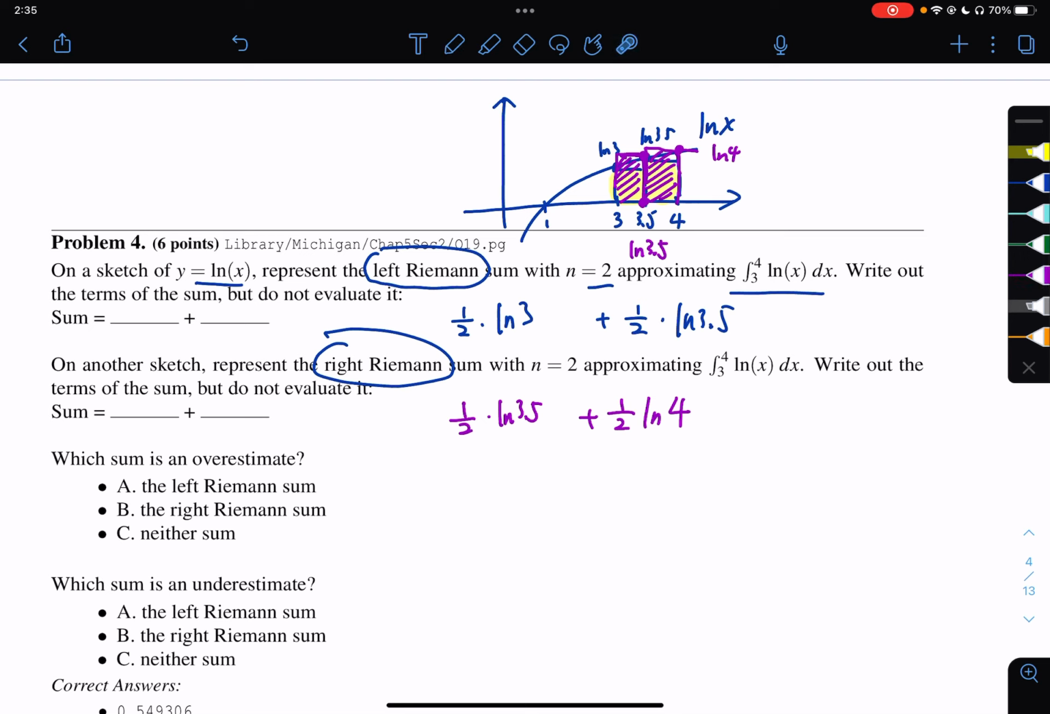Well, this is a monotonically increasing function. So if I look at the left end, I always underestimate. Therefore, I'm going to underestimate when I use left end Riemann sum. This is an increasing function. If I always choose the right side of my interval, I'm picking the highest point of this interval to represent the whole thing. Therefore, I always overestimate. So I'm going to say my right end Riemann sum is always going to overestimate my